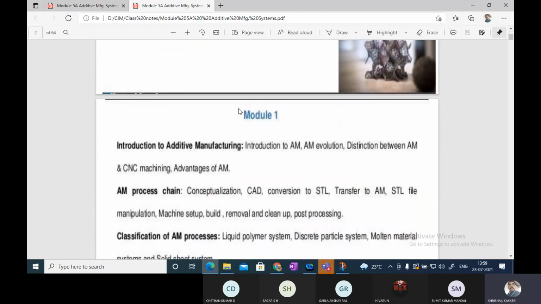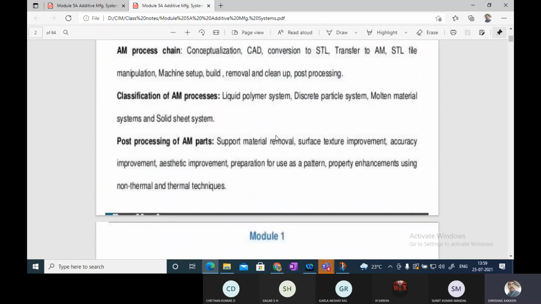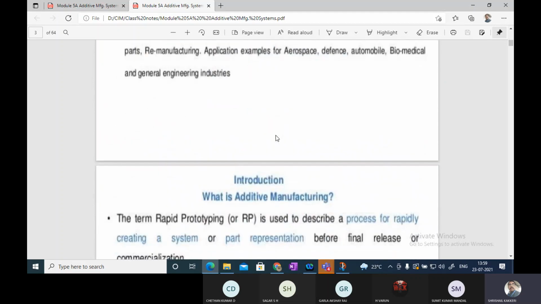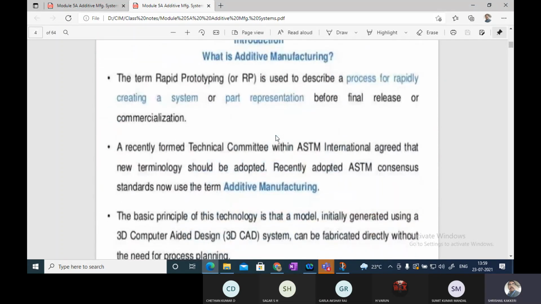Now, in this case, today you can see that in additive manufacturing, a lot of other techniques have come into the picture. Earlier to this, what we were talking about, the additive manufacturing system, we had a rapid prototype technique. The term rapid prototyping was used earlier. It was two-dimensional earlier. And then later on, it was patented for more than 2 decades. For 2 decades, it was not left into the market.